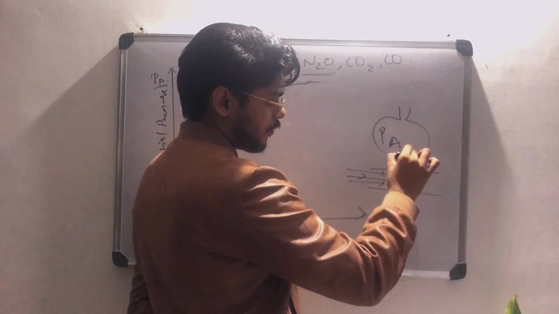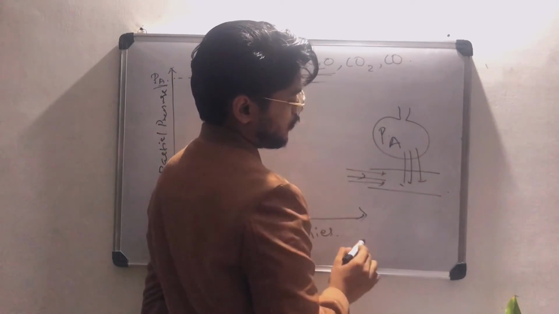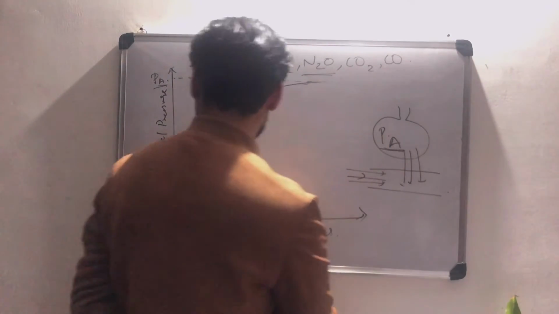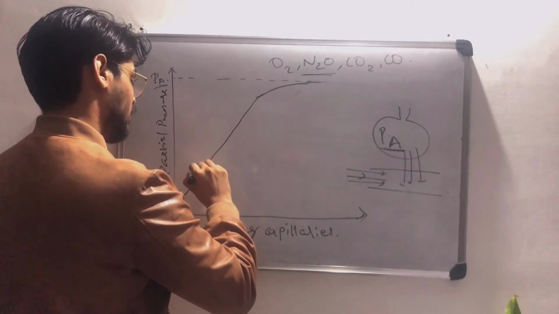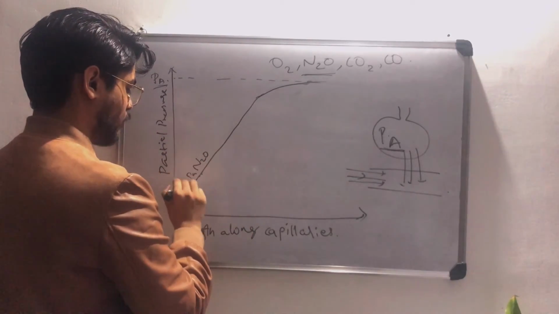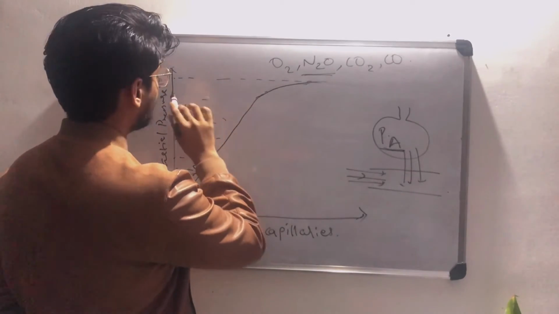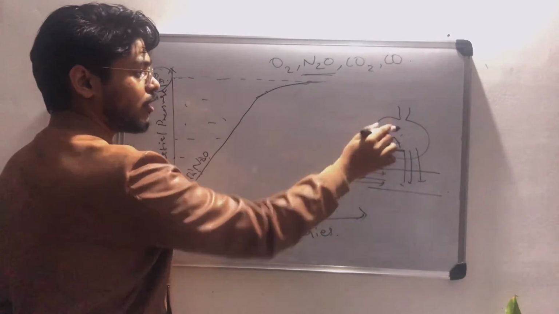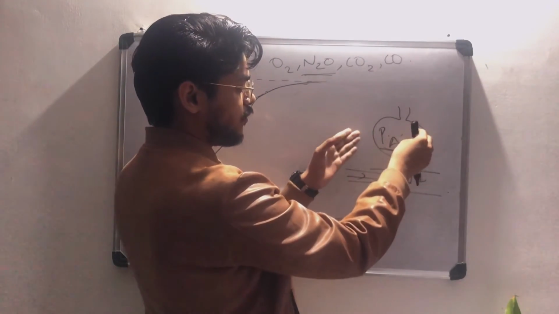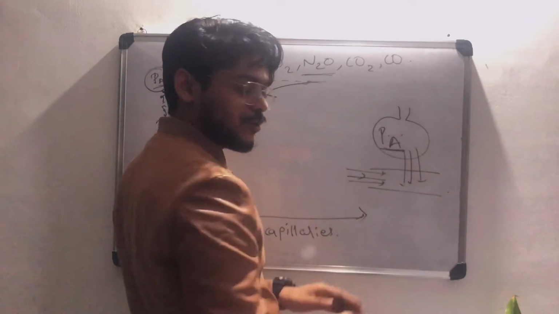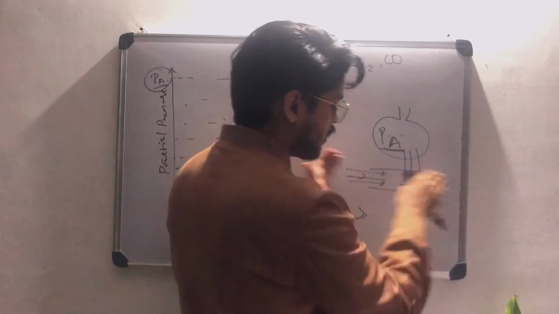So we know that if we are increasing the blood supply, then what will happen? There will be more diffusion, more gas exchange of nitrous oxide. So initially it was arterial partial pressure of N2O here represented. So arterial pressure of N2O will increase, and at last it will be equal to alveolar partial pressure of N2O. So obviously only this much partial pressure inside the alveoli will be transferred to the blood vessels, right?